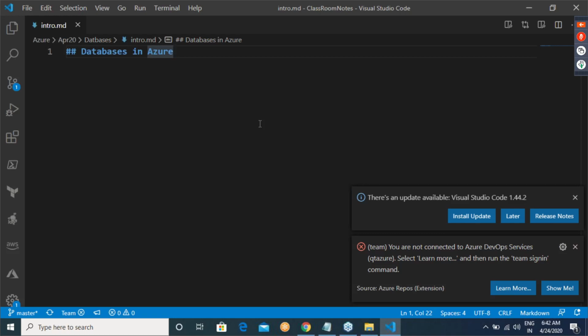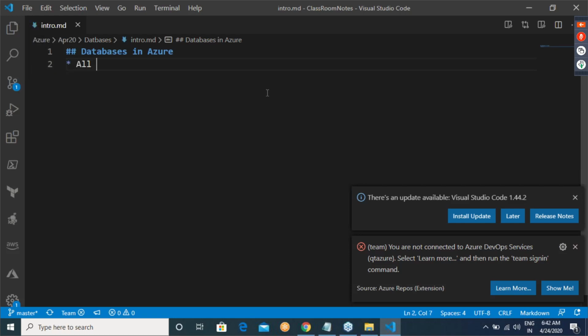For example, Azure calls it its own data platform, with loads and loads of tools in that.